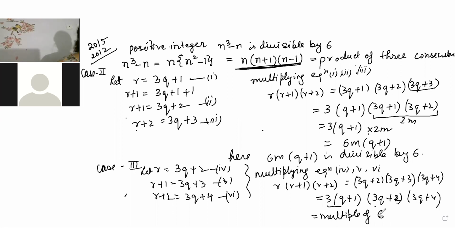Multiple of 6 for every q. Okay, means whatever value of q you take, it will be a multiple of 6. Now beta, you put q is equal to 2, then it will be a multiple of 6. Because already you have taken out 3, therefore again it will become 6 into s, we can say, because when it multiplies, it will give you 6s. So now which is divisible by 6?